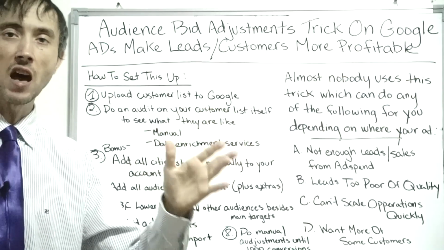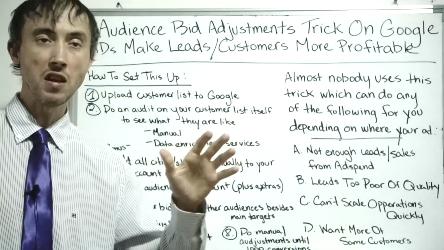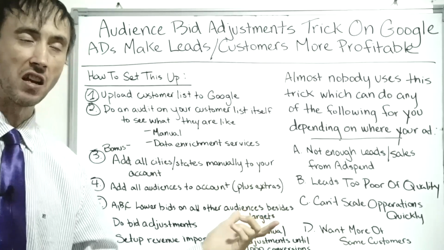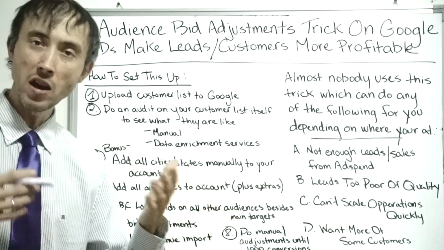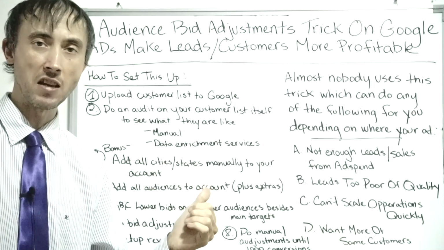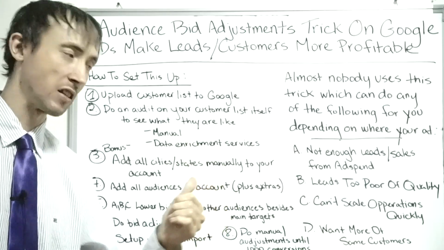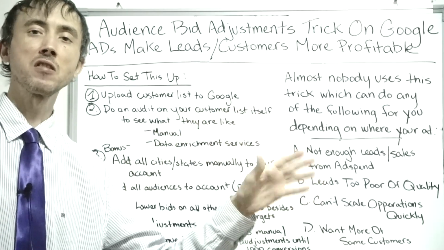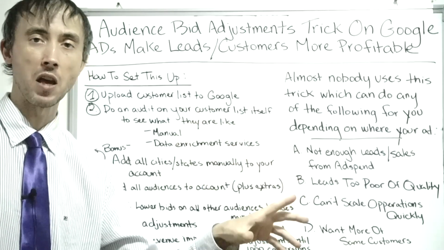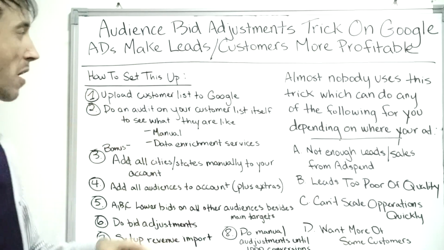Almost nobody does what I'm sharing with you here today, and for sure not going to be doing it in your niche because it's outside the box thinking here. Google set this up to try to give their advertisers another option to be able to do this, yet nobody really capitalizes on it. So I'm going to explain how we're capitalizing on it and how much of a difference this is actually going to make on your results and how much more money you are going to be able to make with your campaigns by the end of the video. That said, I'll get right into the content.